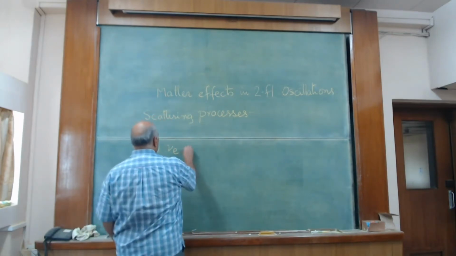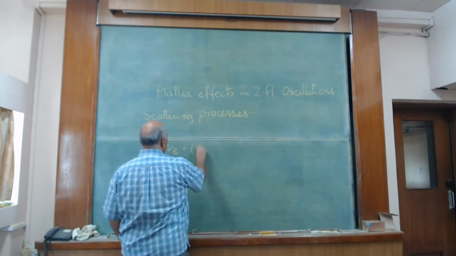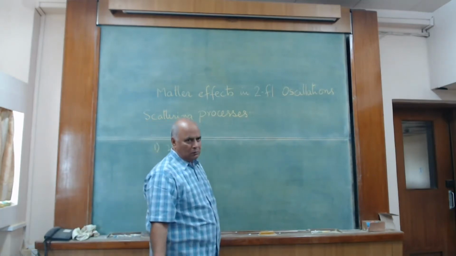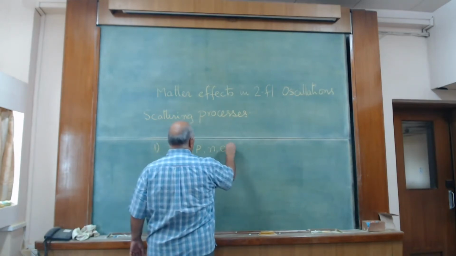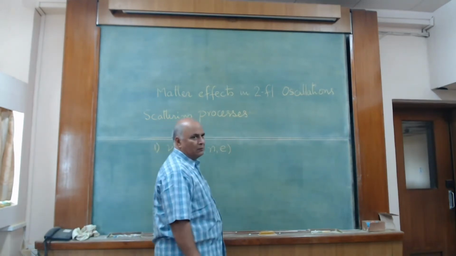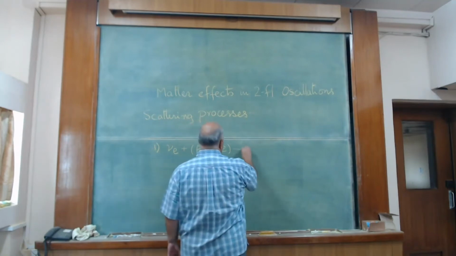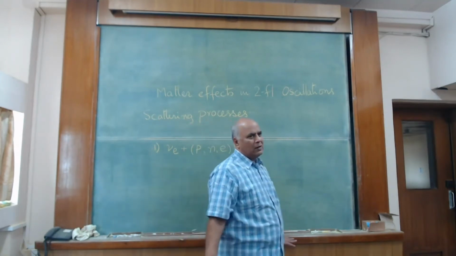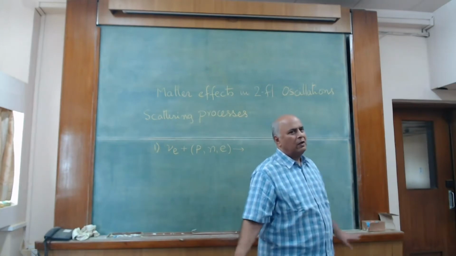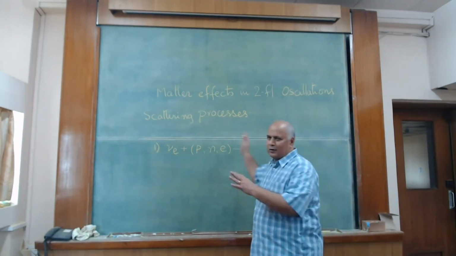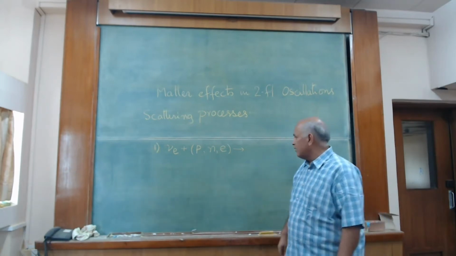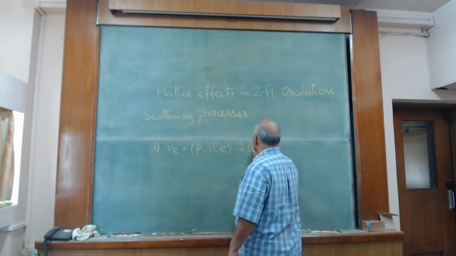It can scatter off proton or neutron or electron, and we are considering only elastic scattering, which means initial state has to be exactly same as final state. Rather, final state has to be exactly same as initial state. So